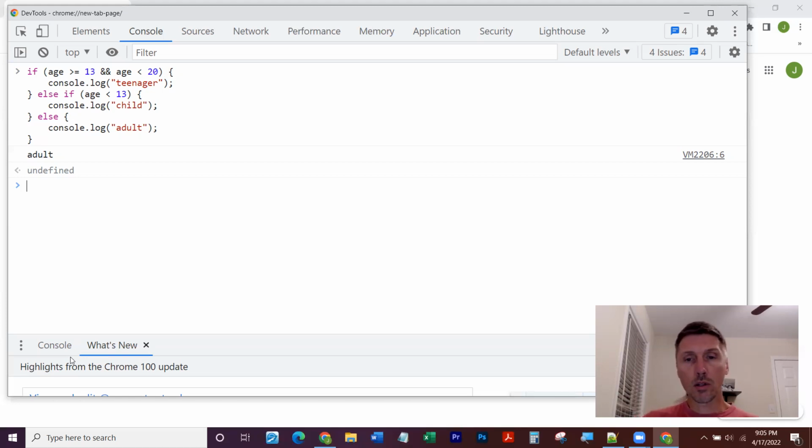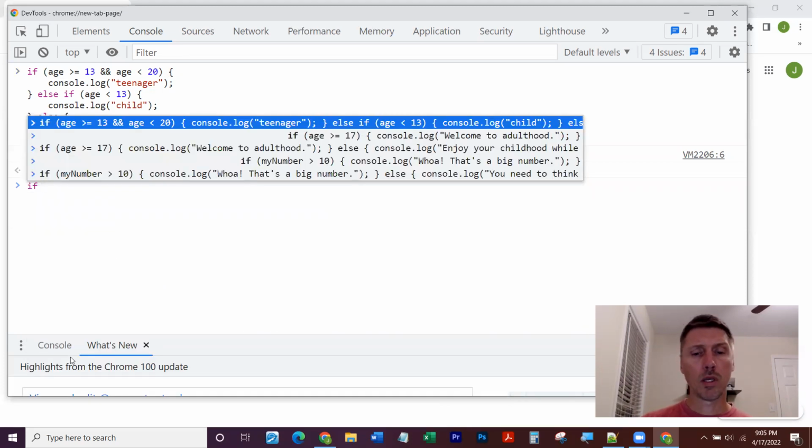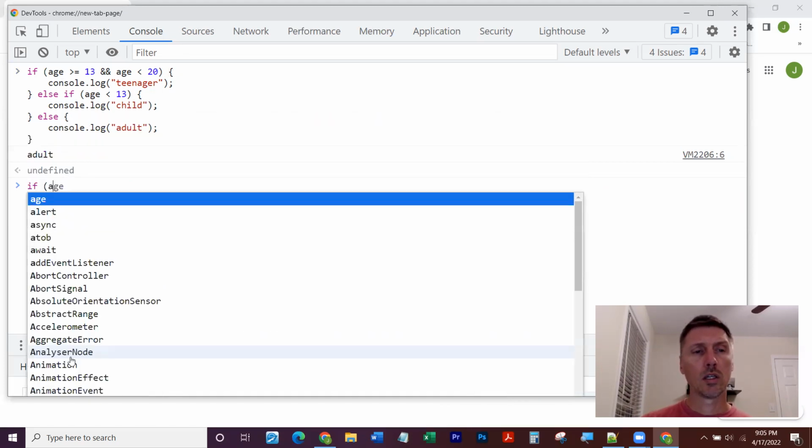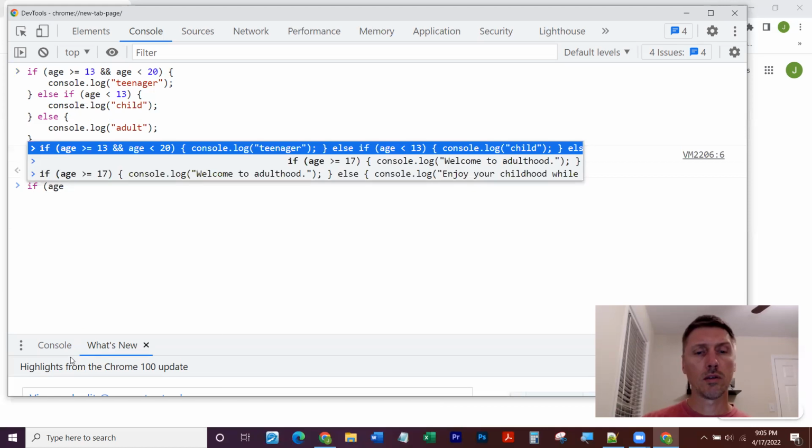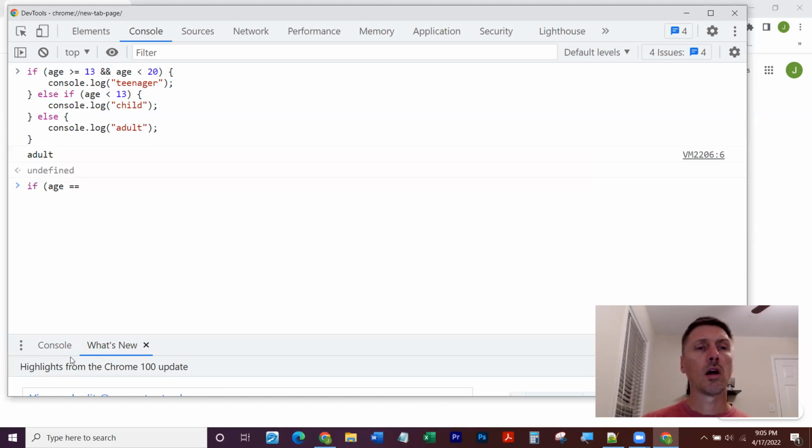Now, and is not the only thing that we tend to do in conditional statements like this. We also want to say if this or this is the case, then we want this to happen. All right. So, well, I don't know. Let's just keep with the age thing, right? So age is set to 21 right now. And we could say if age equals 12,